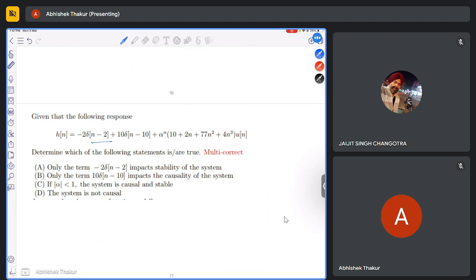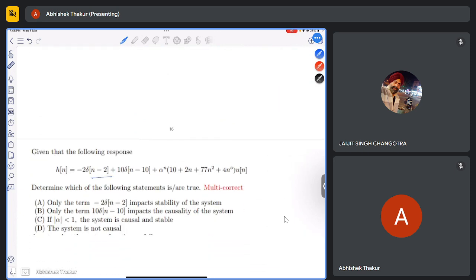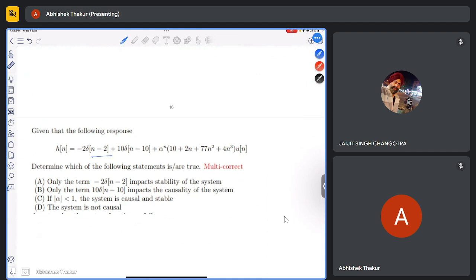So, this is a multi-correct. So, for n less than 0, the system is